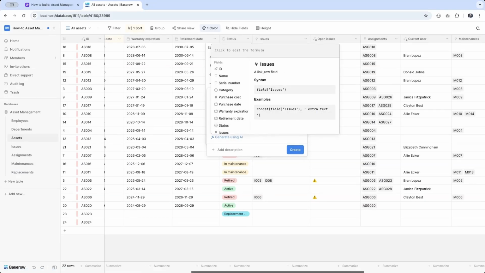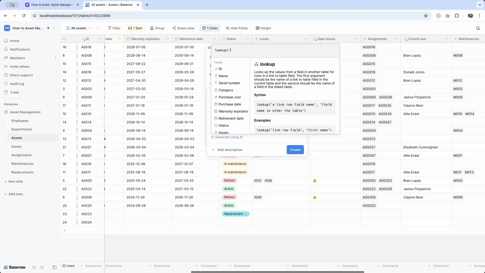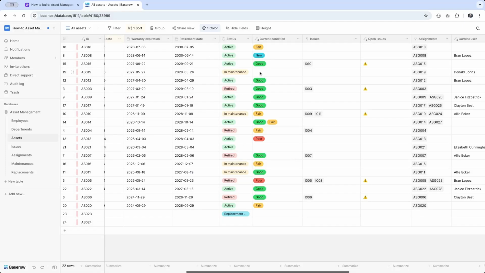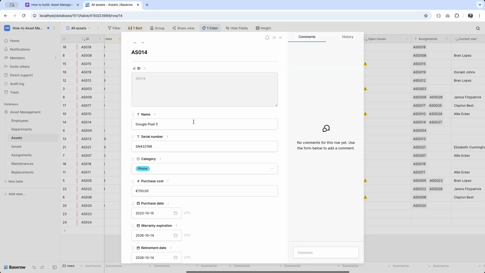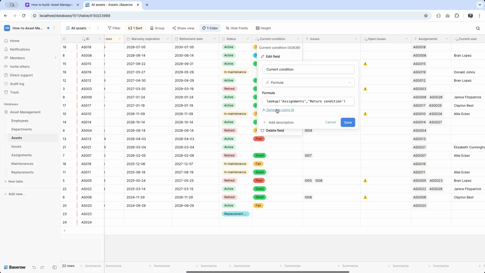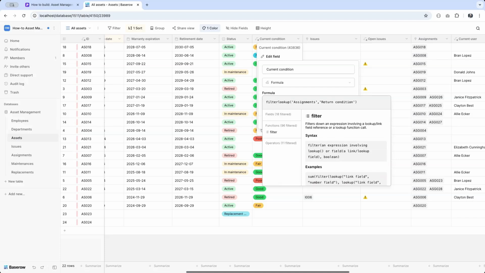And this is a little bit a more complex function, because what I need to check is the return condition. So let's do a lookup in my assignments, and I want to know the return condition. So here I see, okay, it's fair, it's new. But here, let's see what asset we are talking about. It's about the Google Pixel. It had 2 assignments. So one time it was good, second time it was fair. And I want to filter this. So I'm adjusting my formula. I'm going to filter this. And I want to know this time